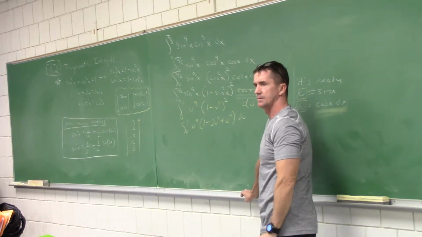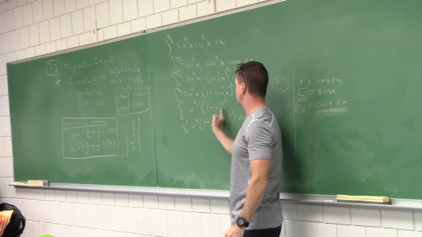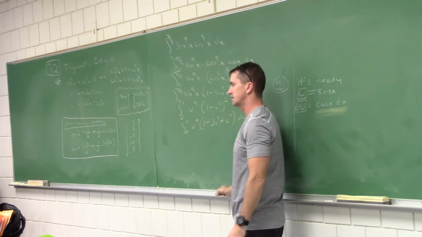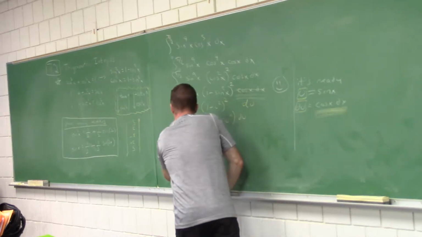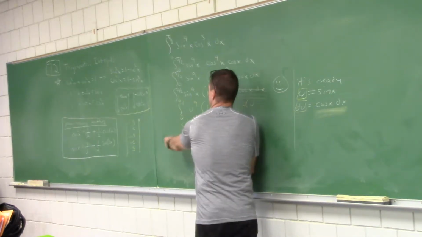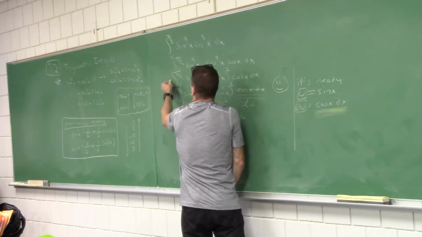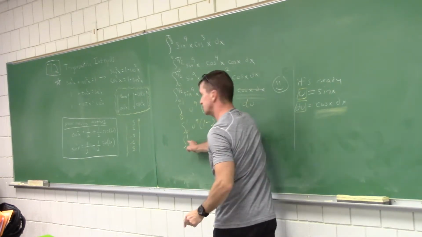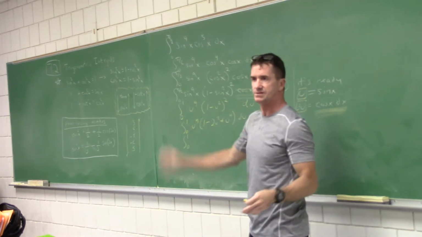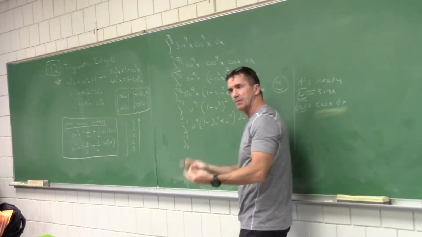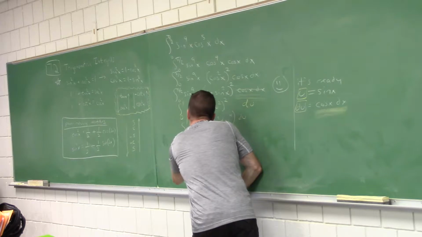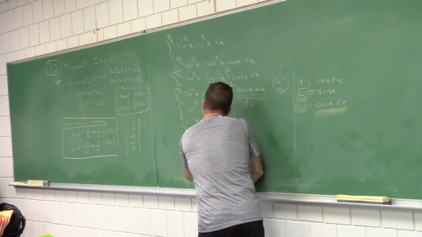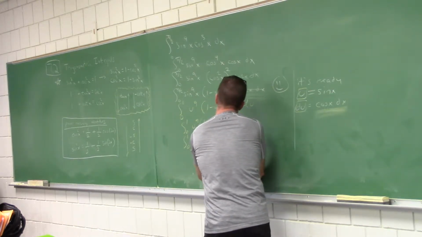Everyone okay with that? By foiling this or expanding the 1 minus u squared, and then distribute. So this integral symbol is still sitting here. You'll see this is common in this section. Just kept playing around with this through trigonometric identities. I get u to the 9th minus 2u to the 11th plus u to the 13th